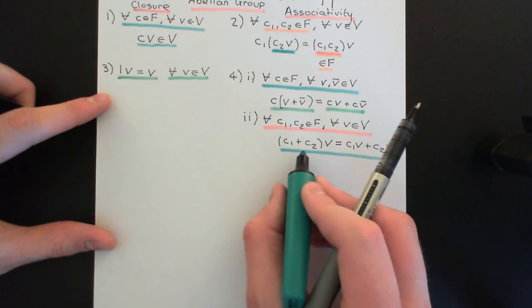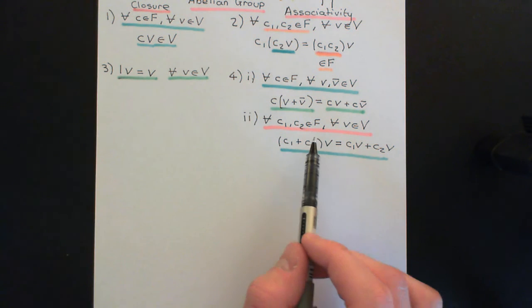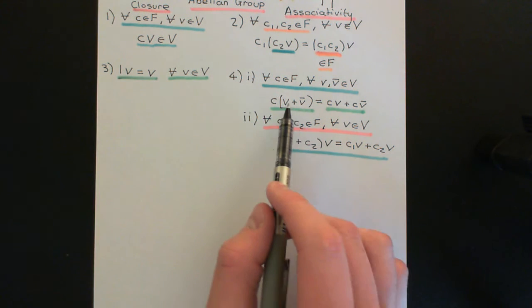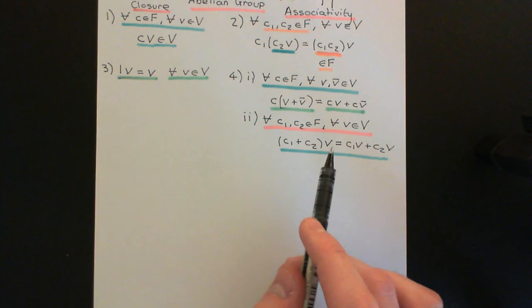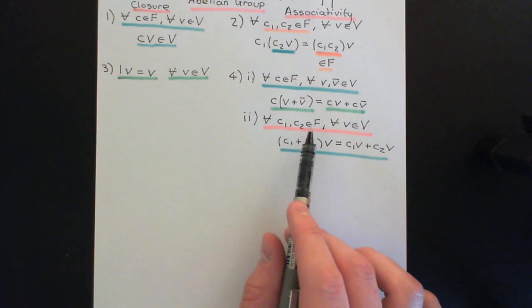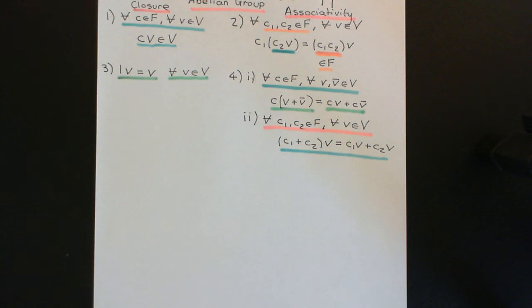So this basically is saying that scalar multiplication should distribute over addition in the field as well as addition in the vector space. So that's part 2 of distributivity. Now, part 2 of distributivity instantly tells us something about what multiplication by the additive identity of the field with any vector through the scalar multiplication composition table should do.